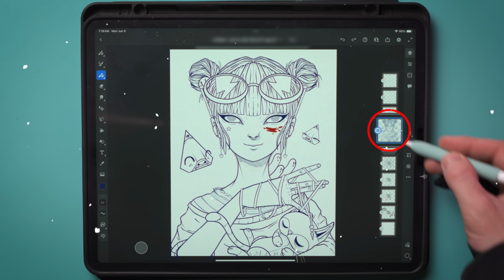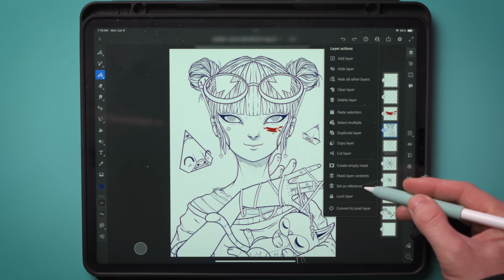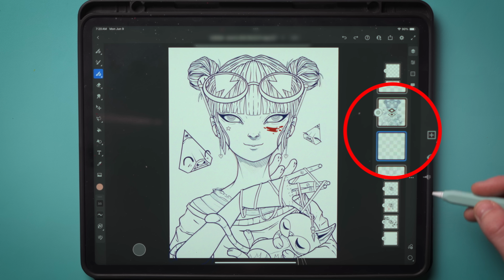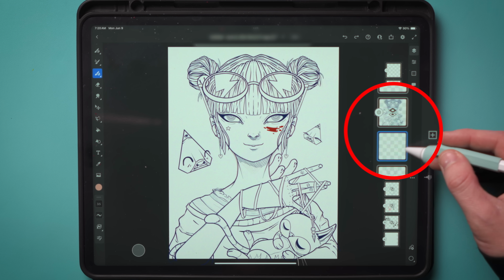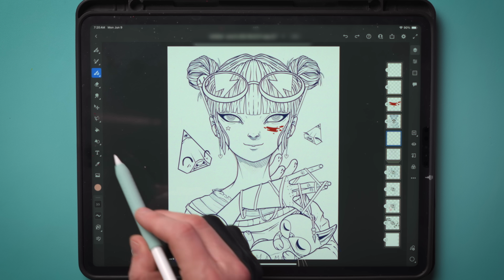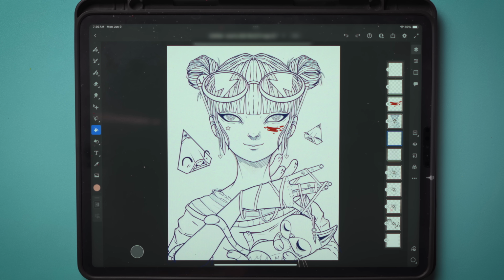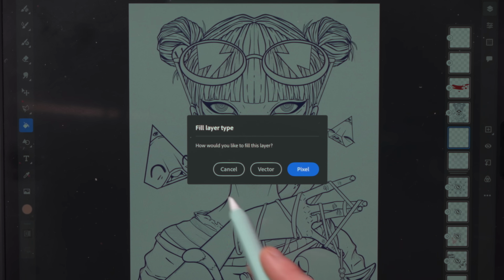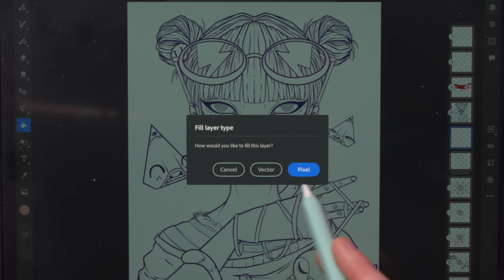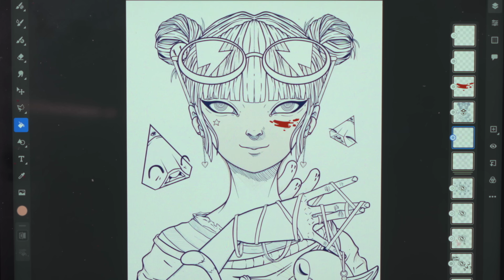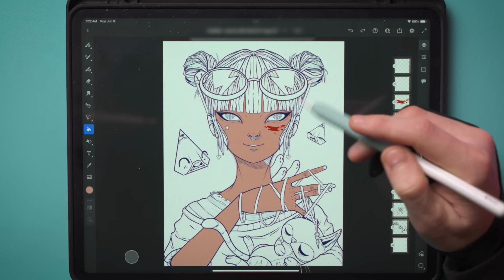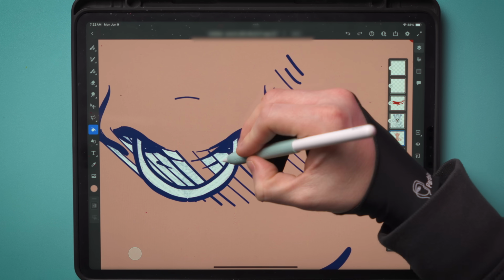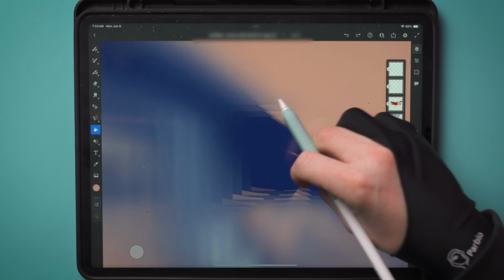Okay, so what I'm gonna do is tap my inks layer right here and tap this option that says set as reference. This will allow me to create a new layer for my fill colors that is separate from my inks layers. Since my inks are my reference, this fill color layer will follow the inks as a guide. When I start filling in on this new layer, it's gonna ask if I wanna fill this as pixel colors or vector colors. I'm gonna go with vector, and now we're off and running as I fill in the colors on my art. This is why it was important for me to try and close as many gaps as possible when I was inking